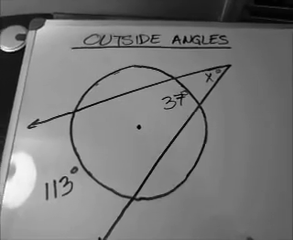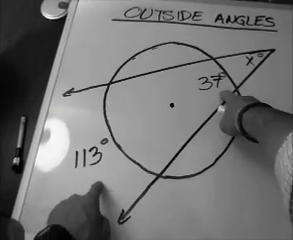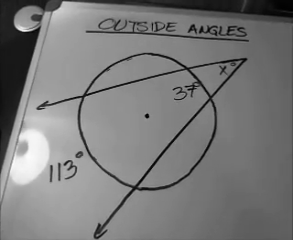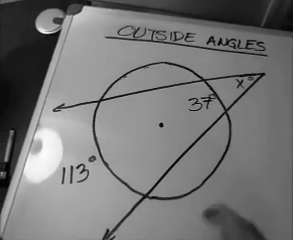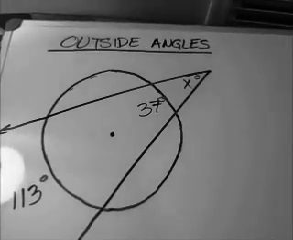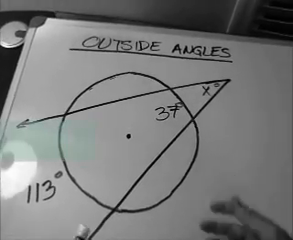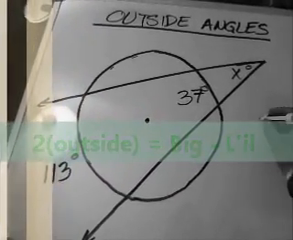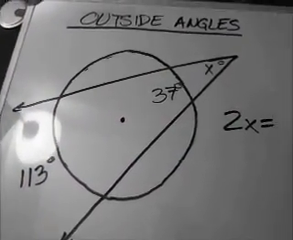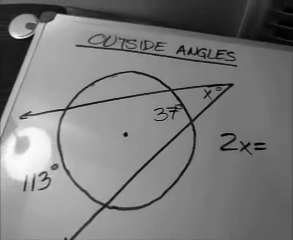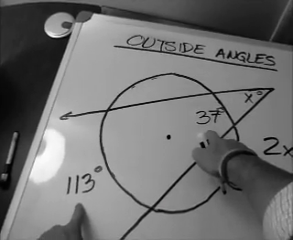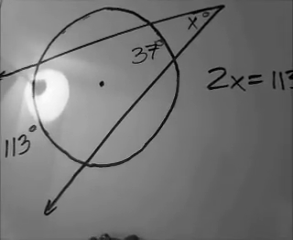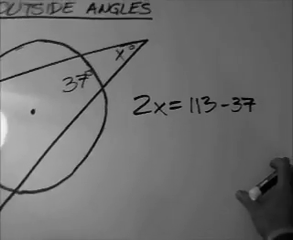All right, so in this example, I'm giving you that these two intercepted arcs are 113 degrees and 37 degrees. What I'm trying to find is this outside angle, x. Now, the relationship for an outside angle is that if I take two of these angles, I should get the exact same thing as the difference between these two arcs. So I take 113 and I subtract away the 37. Now if I work this out,